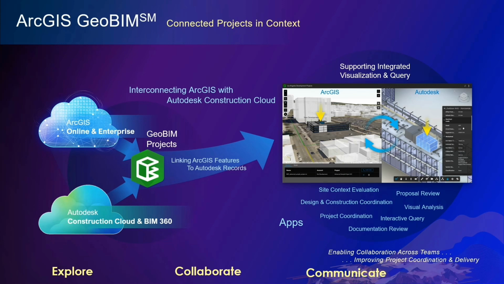These models will be connected through a new item type called a GeoBIM project, directly linking to our ArcGIS Online or Enterprise features. While there are currently connectors to Autodesk applications, this will be the first time that there is a cloud-to-cloud connection. With a cloud connection to BIM 360 established, it allows users to build applications on top of those GeoBIM projects. These can support design and construction and operations of a building in geographic context.